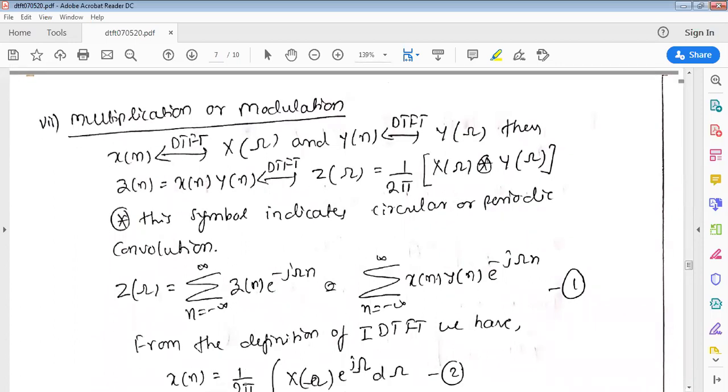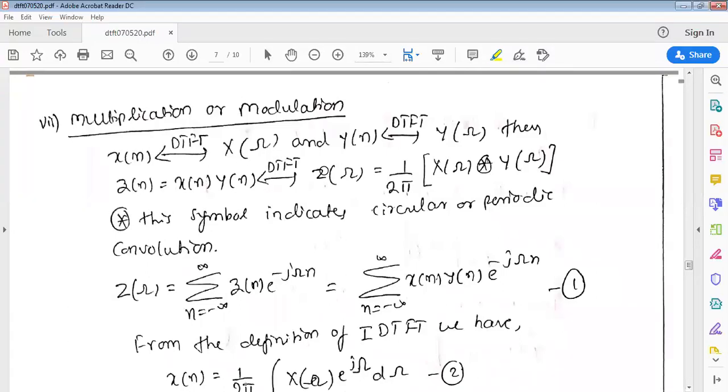Okay. Now, let us look into the opposite way: the multiplication or modulation theorem. This also we have proven in the previous section. Let us understand this one. x of n translates to X of omega and y of n translates to Y of omega. Then z of n is equal to x of n multiplied with y of n. See here, it is multiplication in the time domain that translates into